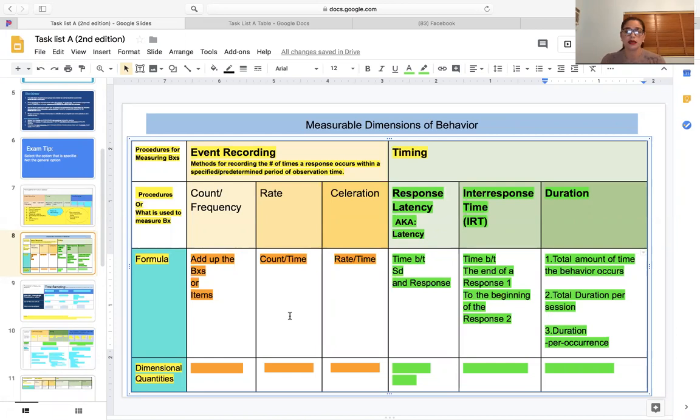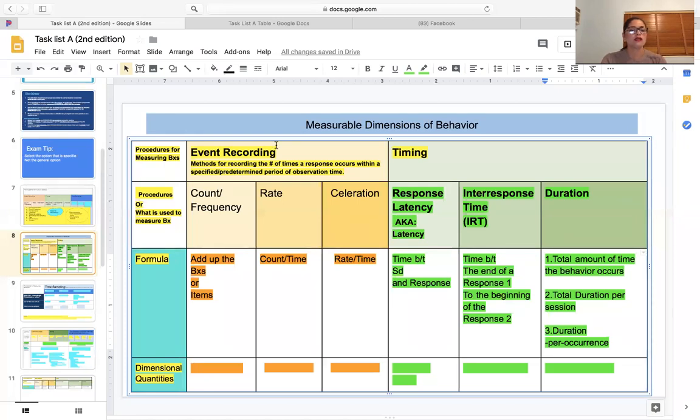I like the way you do it because that gives us an idea for a mock question. In a mock question with all that information Vanessa just said, the question can be framed as what's the duration per session, and there you know you need to add them all. And if they're asking about duration per occurrence, you just record each duration. You don't add them up. Just give that one. That's why it's important to differentiate them.